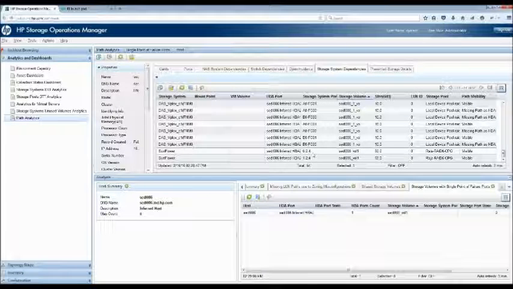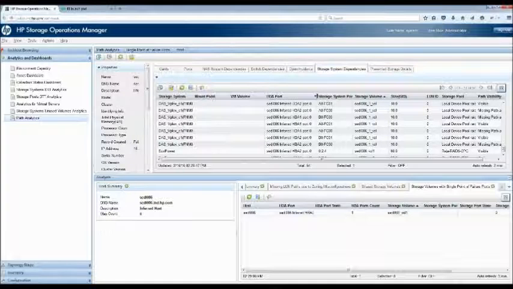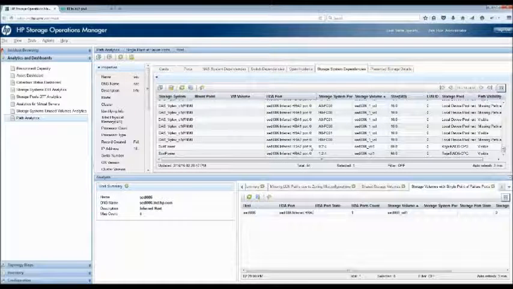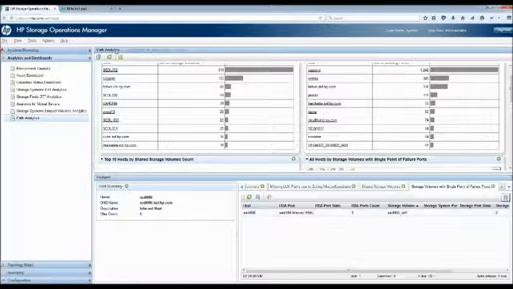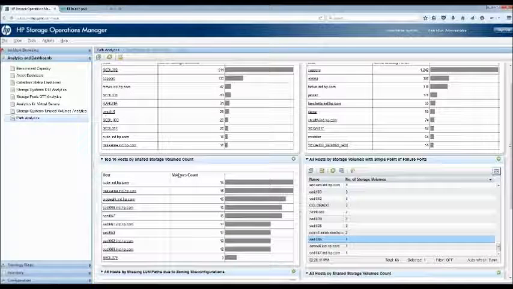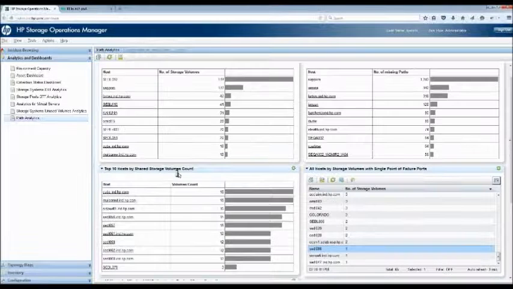We can see here it's presented through two ports in my storage system side, but on my initiator side, let me pull this up a bit. You can see here both of them are presented to the same HBA port, so I need to update my configuration on the array and then present it to the other ports that I have in my host to really protect this from outages. To bring in redundancy to that particular